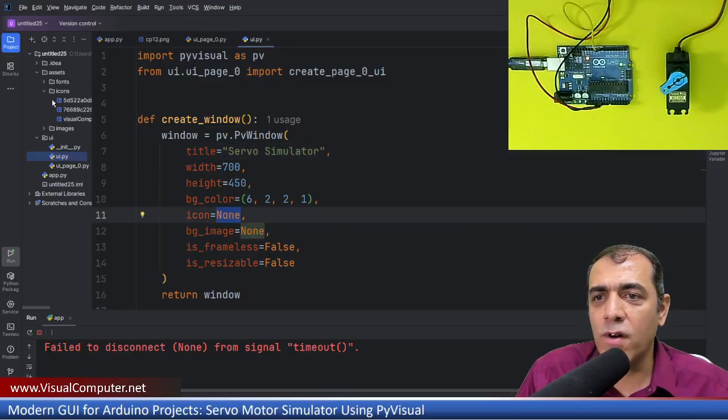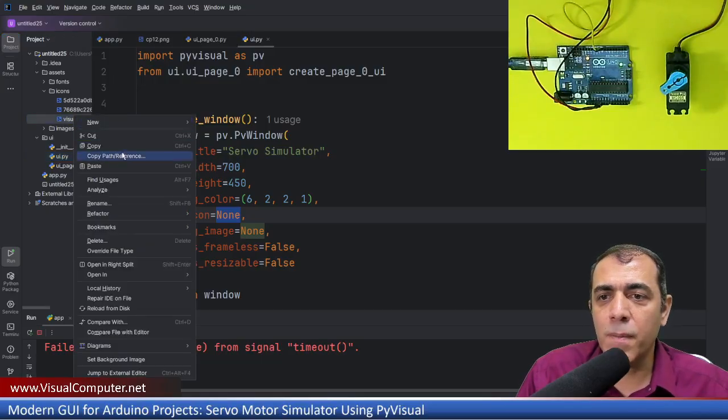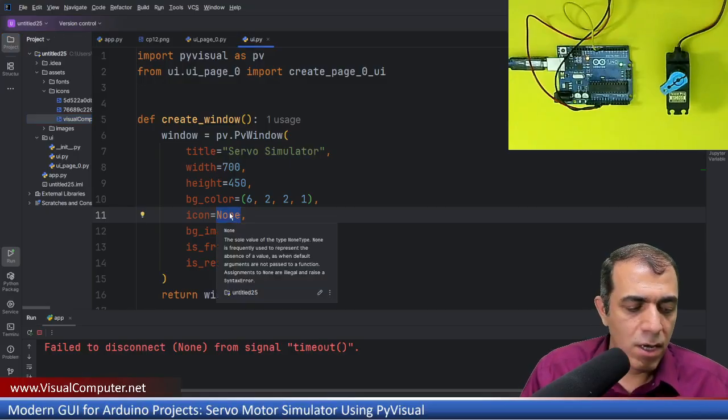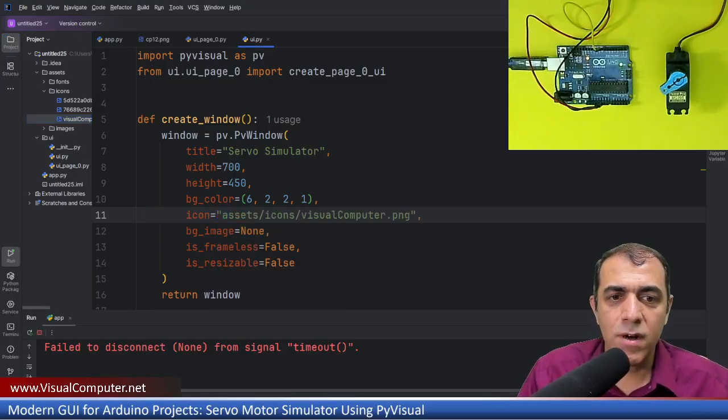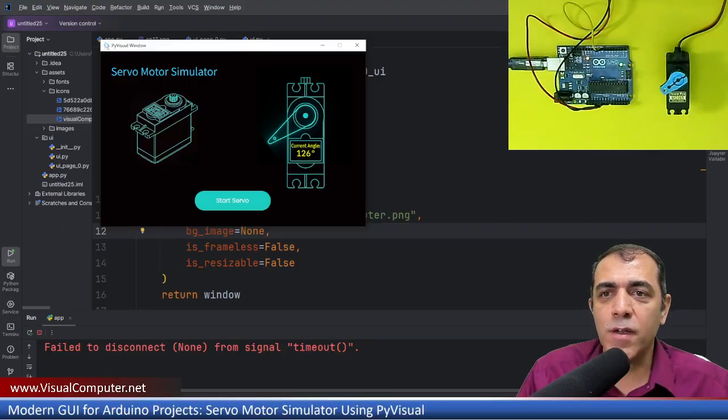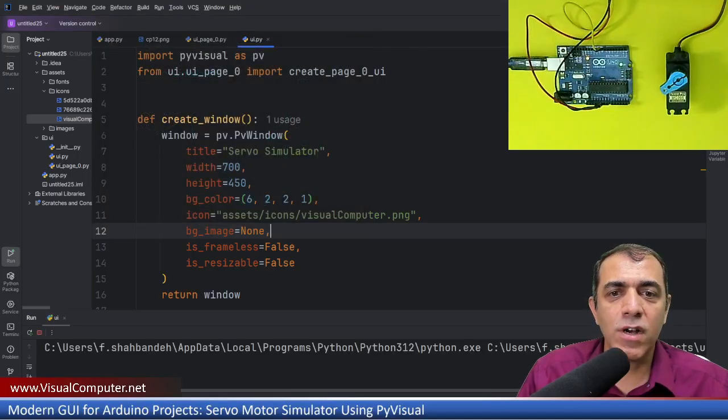If you have an icon, you can copy the path of it. For example, here is the path and the icon. I will put it here as my icon for the title. As you see, it is PyVisual and the name of it. And if I stop it and run it again,